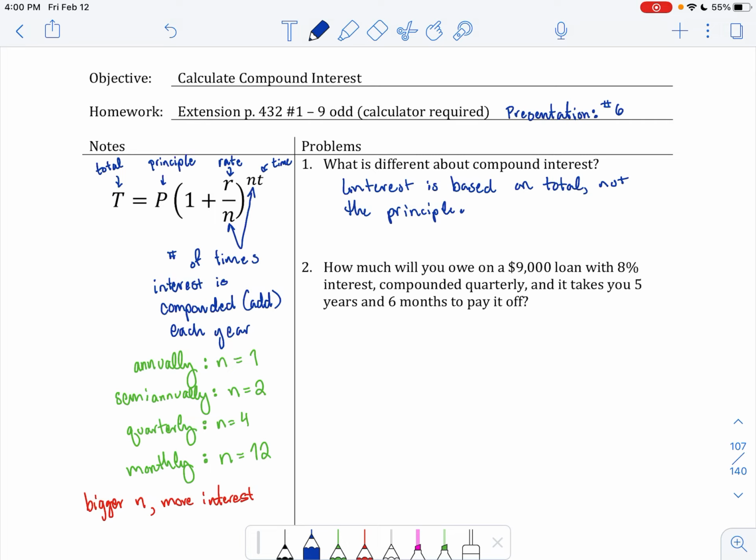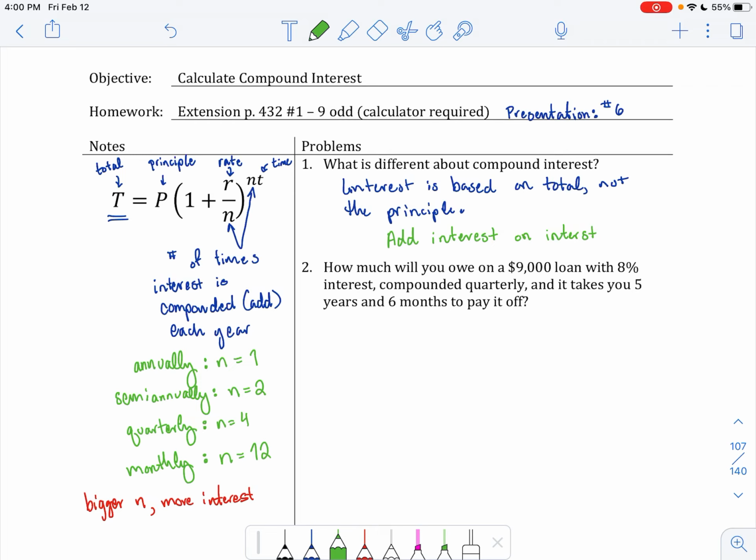This is based on the total, which means that you can add interest on the interest. So if I have 10% interest on $100 that's compounded annually,